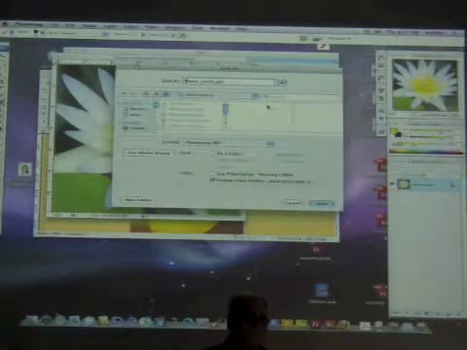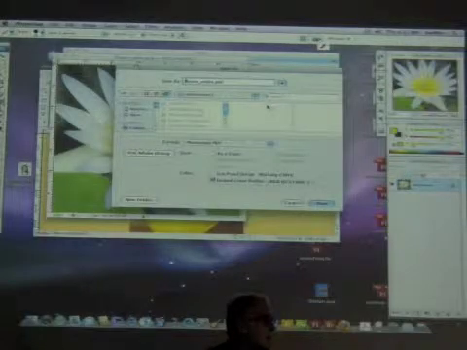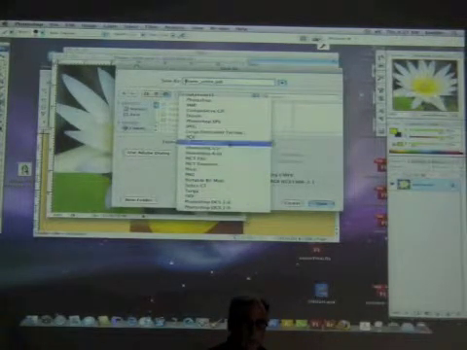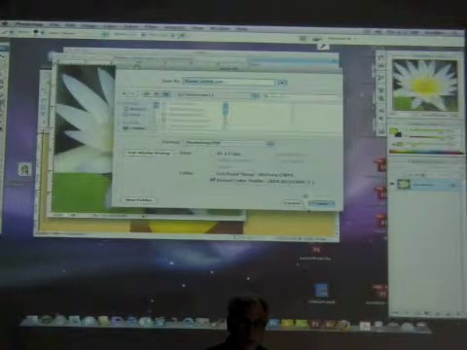Save As gives you a whole bunch of file formats available to you. Export, on the other hand,